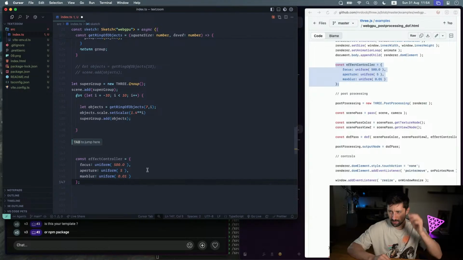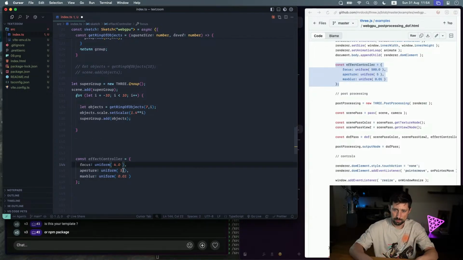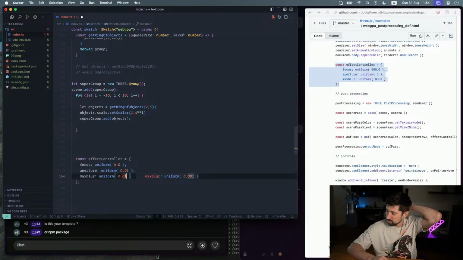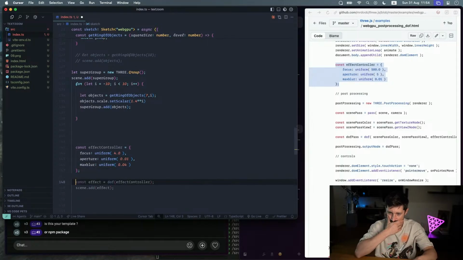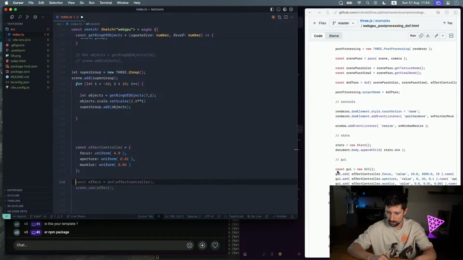Like a controller, just to put some rough numbers, I don't know, 4, and some small stuff here, gotta be. And also small number, some 0.4, I guess, something like that. And then